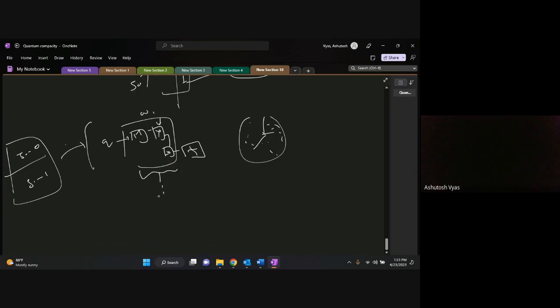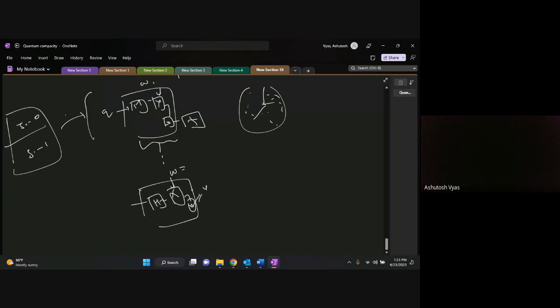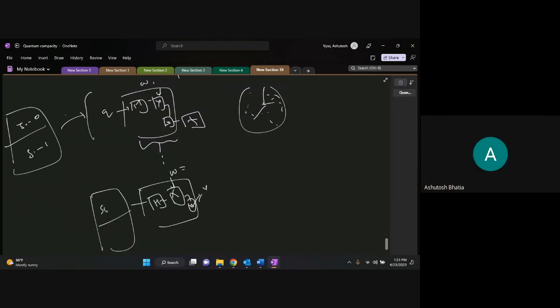You learn what you want to fix these weights to. And now, after a lot of learning, this is your same circuit but with learned parameters. Now we have learned how much rotation you have to perform here and here. You have learned it, and you have frozen these. This is what I will use.